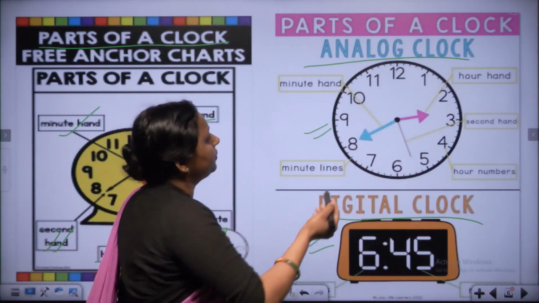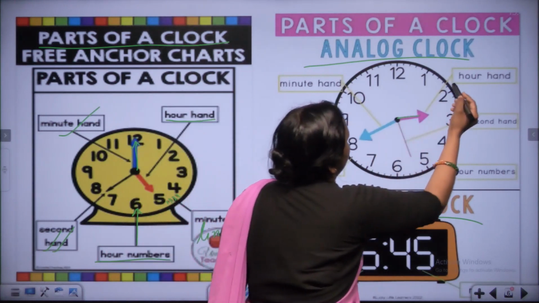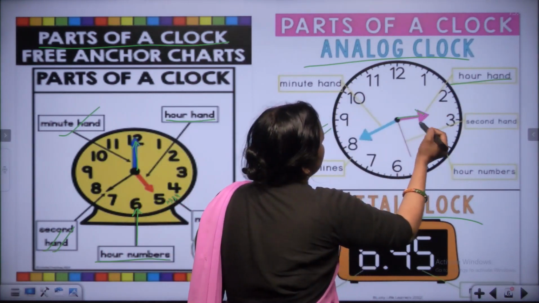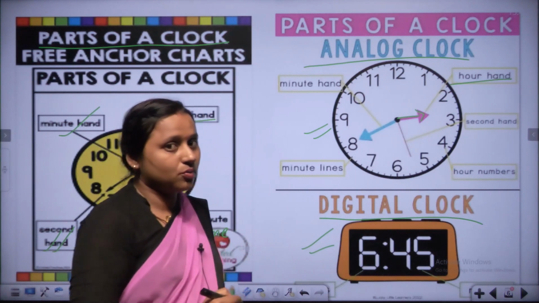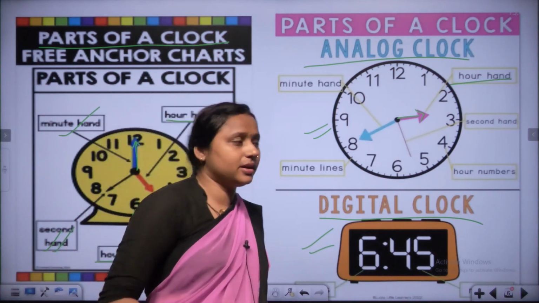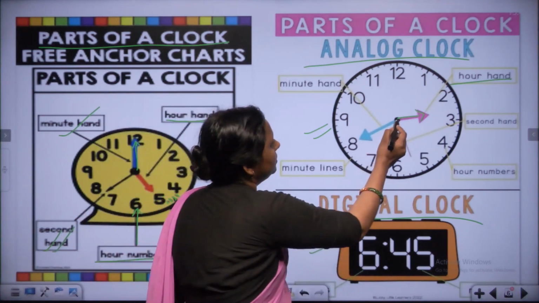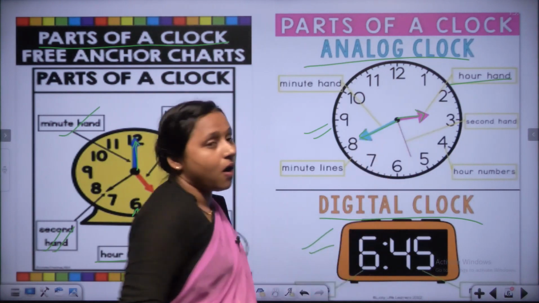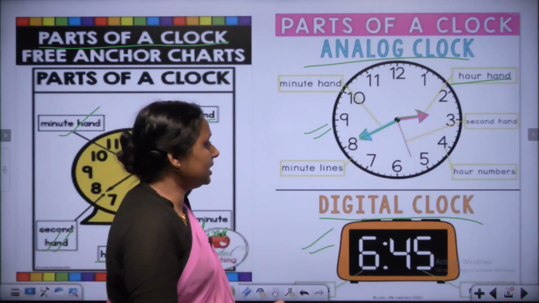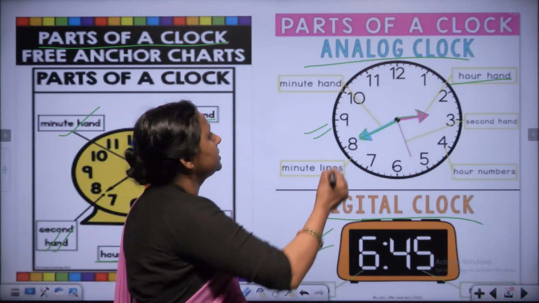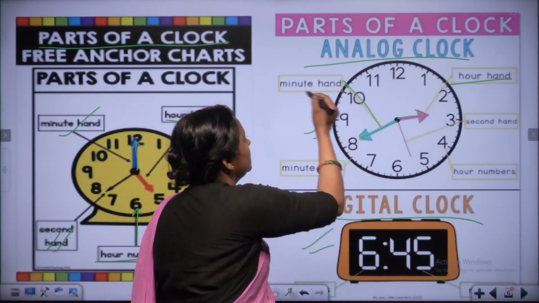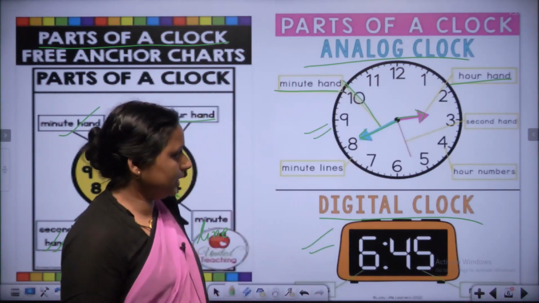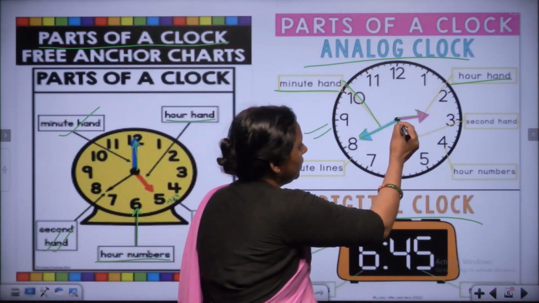Okay. First, this is hour hand. Pink is short hand. Yes. So what do we say? This hand, hour hand. And sky blue color is long hand. So what do we say this hand? Yes, minute hand. What do we say? Minute hand. Okay. Now this one is